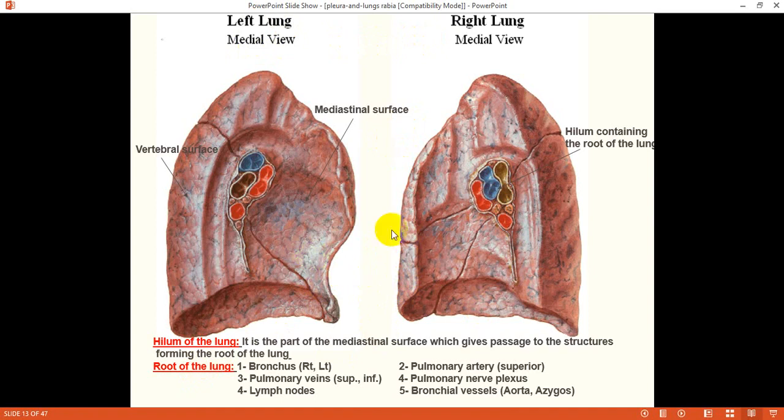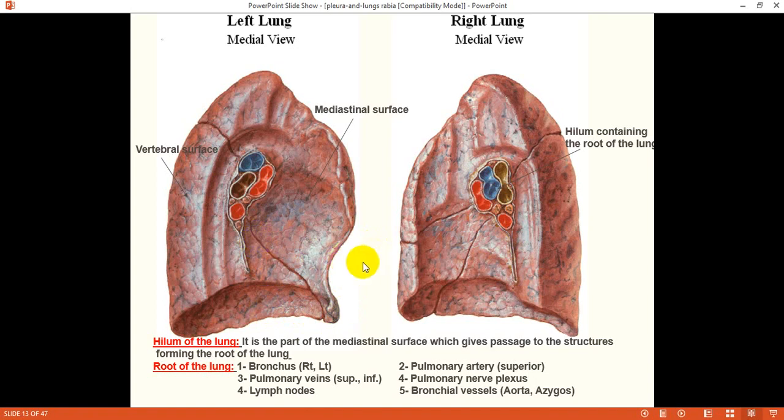First of all, the right lung is larger, heavier, and wider, but its height is lower than that of the left lung, as the diaphragmatic surface is deeper, so it is a bit shorter. While the left lung is longer, but it is narrower and lighter. The weight of the right lung is approximately 700 grams, while that of the left lung is 600 grams.